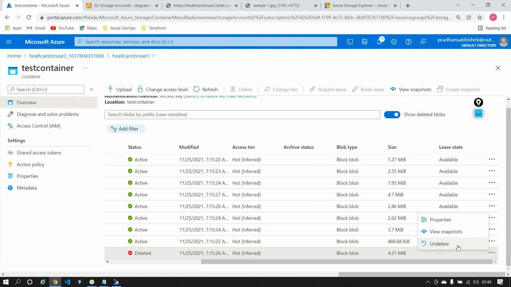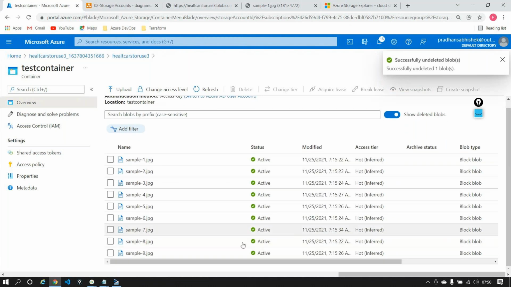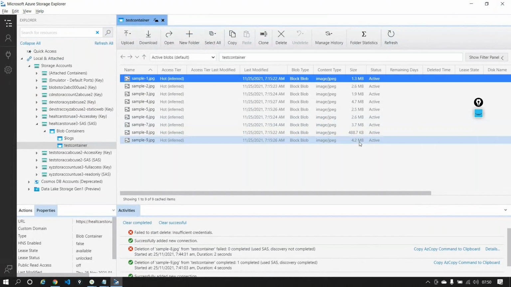I can say, okay, fine, undelete this. And I'll get this blob once again. And if I do a refresh in my container, I'm again able to see this. So that's all about authorization and authentication, meaning how do you share this data, how can someone access this data, and how do you undelete it.